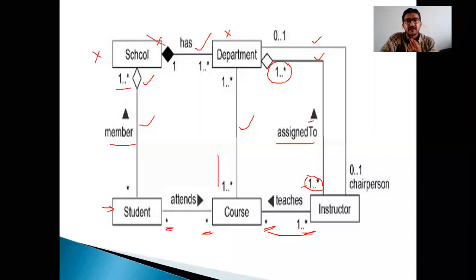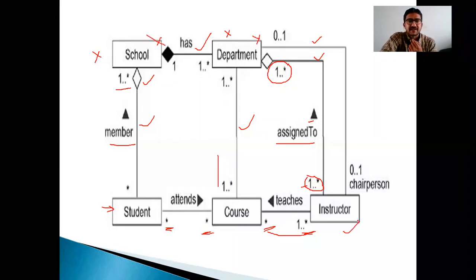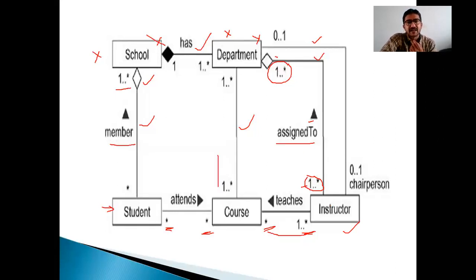If the department closes, the instructor will still be there. Because if this college or any other college closes departments, it will move the instructors to other departments. For example, in our college, biotechnology was there previously. Now it is not there. So the instructors were moved to other departments. When the department closes, instructors will live on and be moved to other departments. That's why you use aggregation.